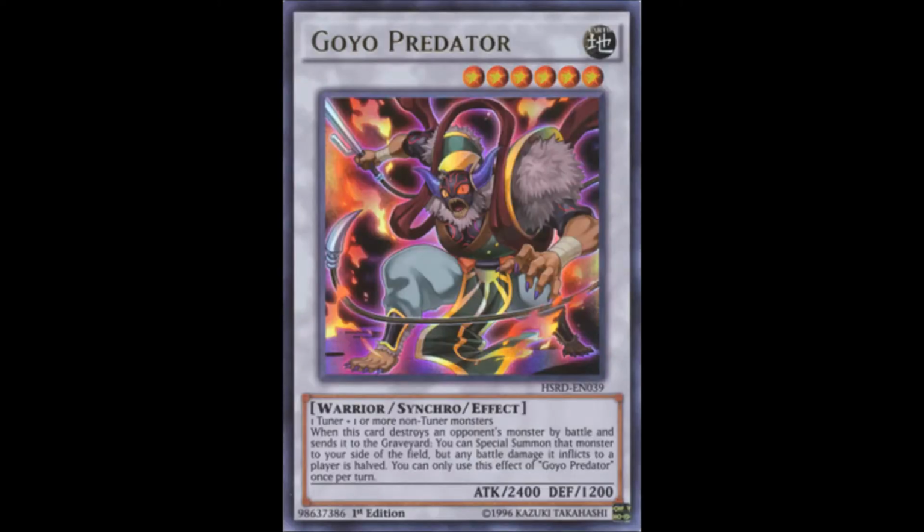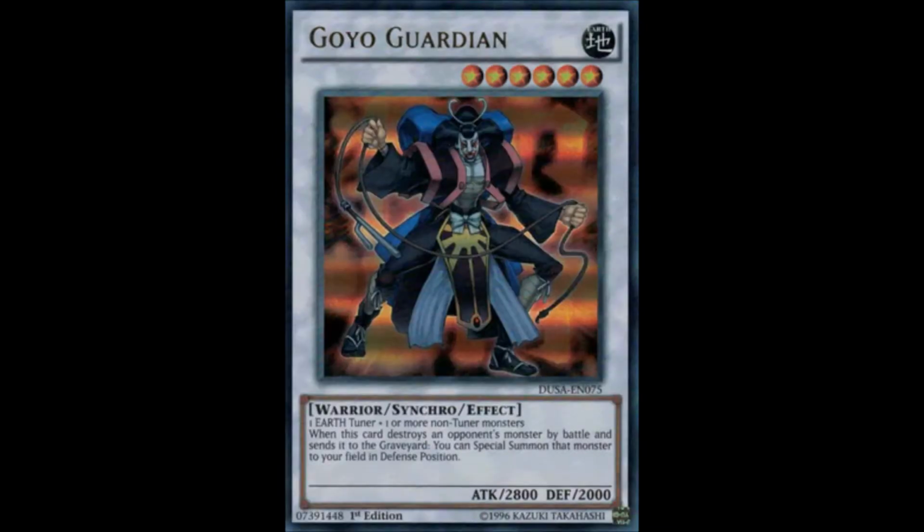Their next monster is their first level 6, Goyo Predator, also a generic one. When this card destroys an opponent's monster by battle and sends it to the graveyard, you can special summon that monster to your side of the field, but any battle damage it inflicts to a player is halved. You can only use this effect of Goyo Predator once per turn. Again, better than a Chaser, but still entirely outclassed by their next monster, their absolute poster boy and first monster,